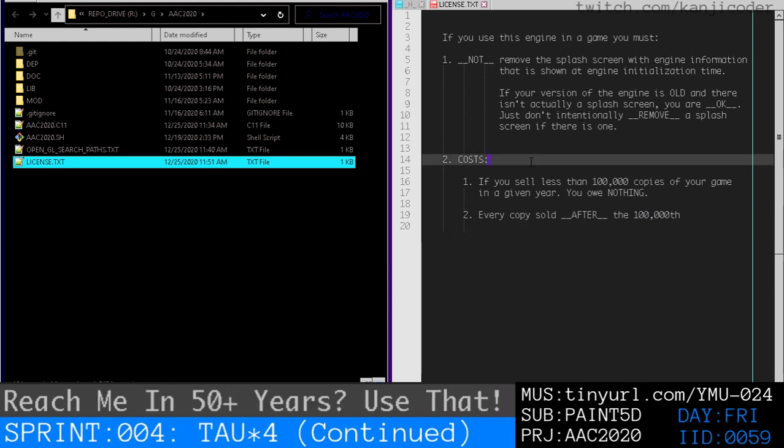I don't want too many people, it's not that I want to limit how many people are using the engine, but I want to make sure that people are making quality things with the engine, right? Because that could hurt me if people don't make quality things with the engine, I think. So I'm thinking that